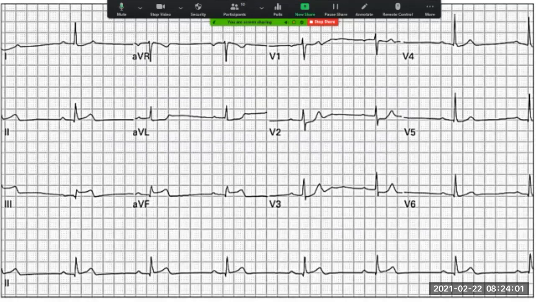So we've got narrow QRS complexes, okay? So that's a good sign, at least. That's one good thing. And then what's happening is these groupings are actually quite regular, okay? So that's also a good thing as well, okay? But the one thing that we notice is that we've got this first degree AV block that's quite consistent, right? So then we have to look out for a few things, like I say, ischemia, electrolyte abnormalities, things like that.